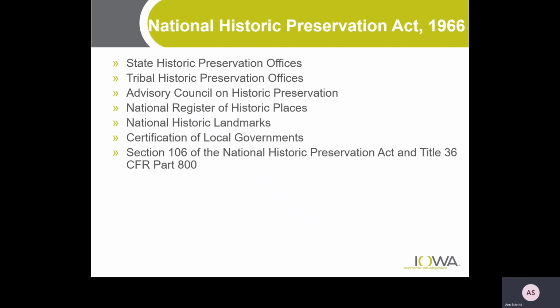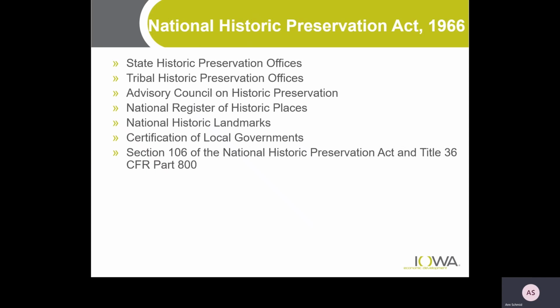That law created many preservation things, including state historic preservation offices, tribal historic preservation offices, the Advisory Council on Historic Preservation, which is a federal agency that oversees all other agencies' compliance with the Act, the National Register of Historic Places, our nation's repository of information on historic and cultural resources, the National Historic Landmarks Program, the certification of local governments, enabling local governments to establish historic preservation commissions, and Section 106 of the Act specifically relates to federally funded